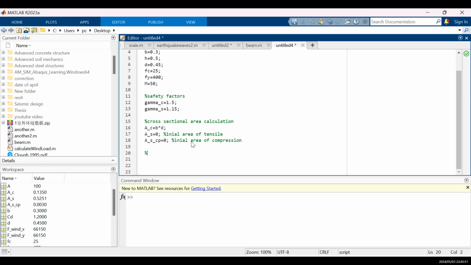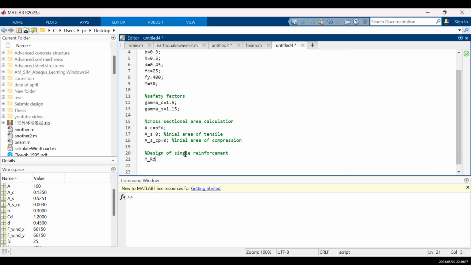So what I'm going to say here is design of singly reinforcement, right? Single reinforcement. And here I'm going to play with the moment first of all. I'm going to use many different moments so you'll understand. In order for me to use the single reinforcement, our M, let's say our